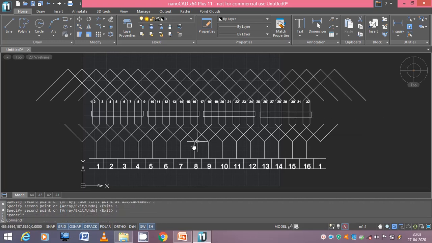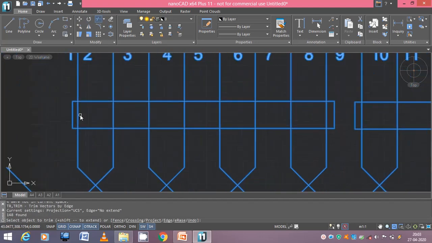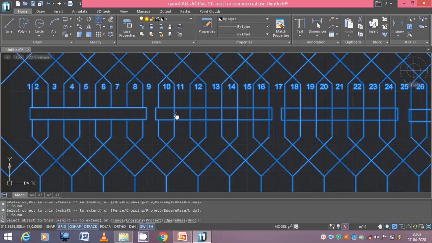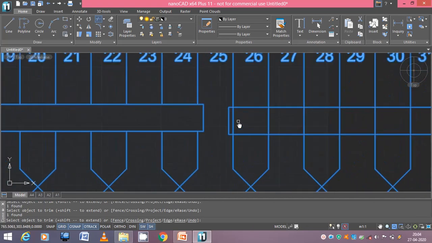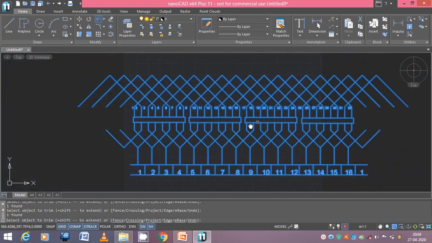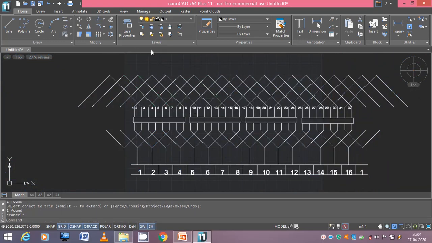Okay. Now let us trim out the lines inside the rectangle, I mean inside the pole, by clicking on that. Okay, now name the poles.